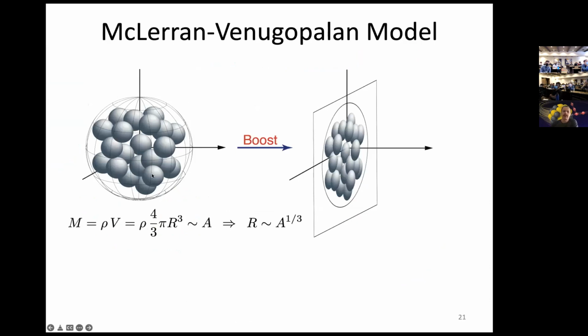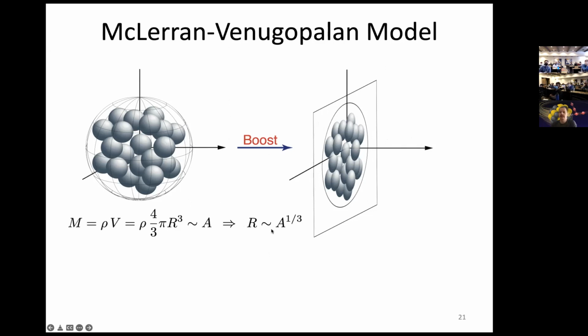You can imagine a nucleus like this shape on the left. Remember, I said for me, a nucleus is just a bag containing many nucleons, and nucleons are kind of all those little balls in that sphere. You boost it, and then you have, of course, Lorentz contraction, and then if you send a probe interacting with this system, you see that at a given impact parameter, the probe is likely to interact with several different nucleons because they're kind of sitting on top of each other for that probe coming in from the right.